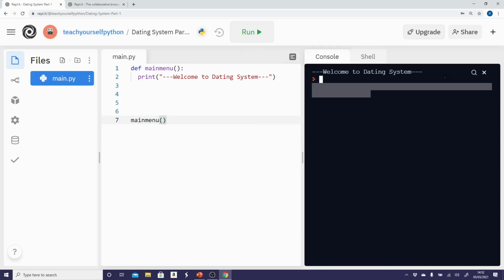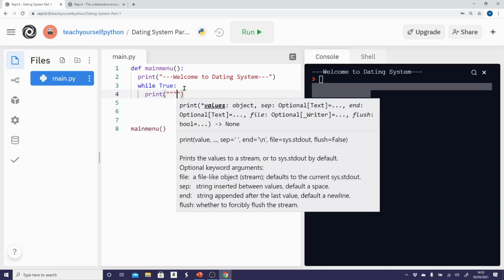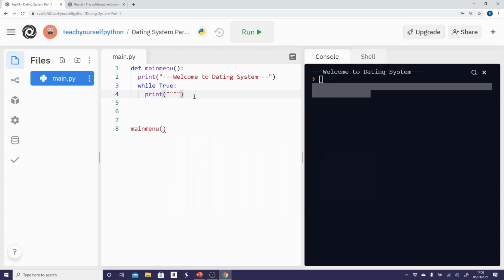It says, welcome to the dating system. So now I'm going to go ahead, and remember you're doing it in the same line as this print, the indentation. I'm going to write while True. This is a type of loop, and inside this I'm going to create our main menu. Now the print statement basically allows you to print things to the screen, like how I've just done there. Welcome to dating system. And you can use single quotations,